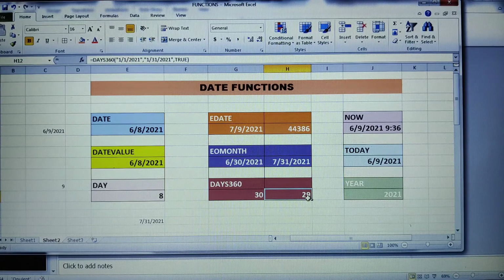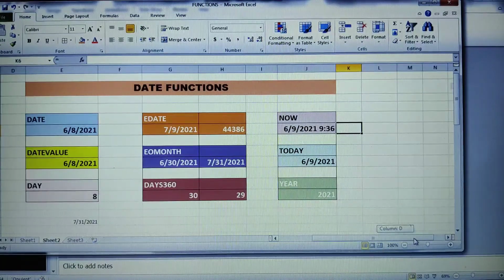Clear? Yes. Moving on to the next function, that is the NOW function. The NOW function will help you to have the current date as well as the time, as I said. So herein, I'll place the cursor over here, equals to, I'll move it.